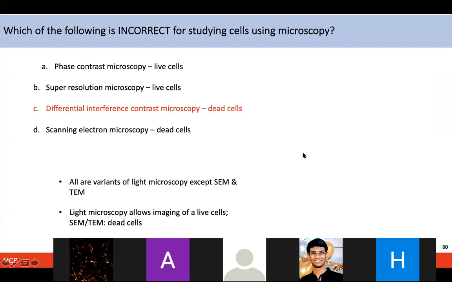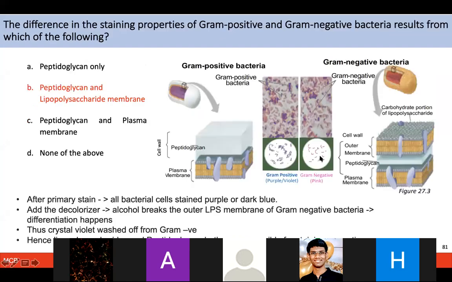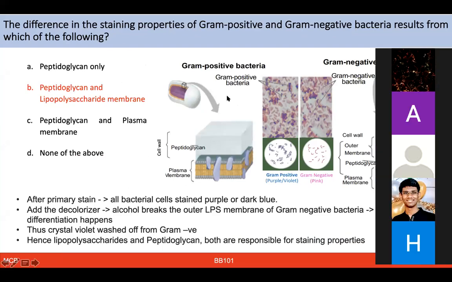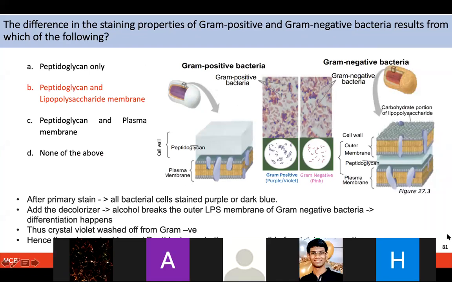We had discussed microscopy, and differential interference contrast microscopy will show the dead cells. A few queries came from this side as well about gram staining, which we have spoken about, the role of peptidoglycan and lipopolysaccharide membranes. Again, in gram positive versus gram negative, as we have seen in the structure, in the gram negative we have very thin peptidoglycan, and also an additional outer membrane which consists of lipopolysaccharides.